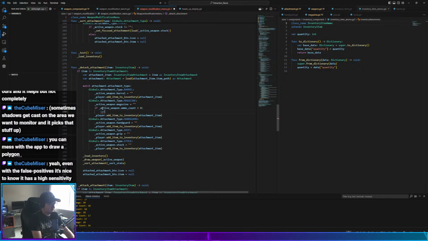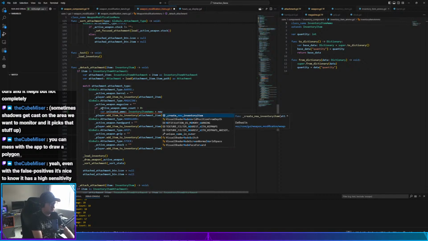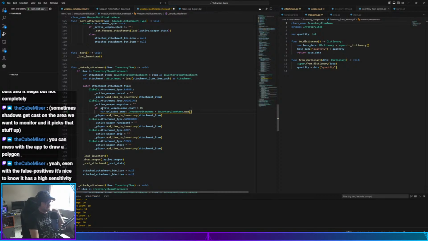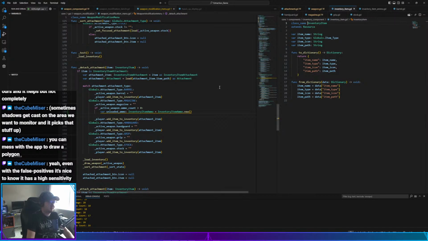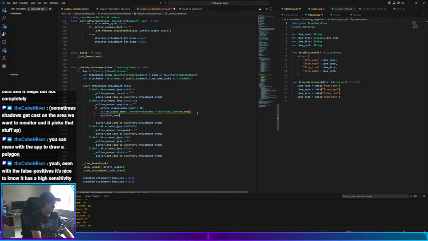remove, or var removed, or we'll call it unloaded ammo. Inventory item ammo equals new, or inventory item ammo dot new. Because then we can go through the whole shebang of the unloaded ammo. There's a way that I can't remember how to do it offhand. Unloaded ammo dot item name is going to equal the